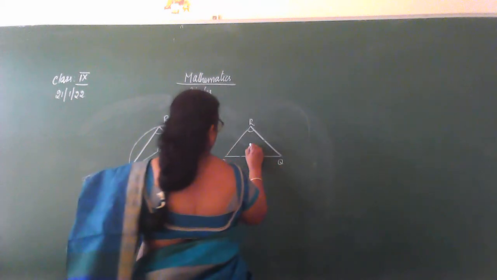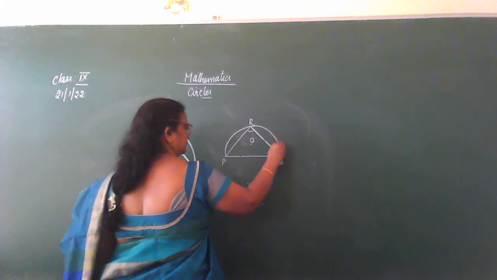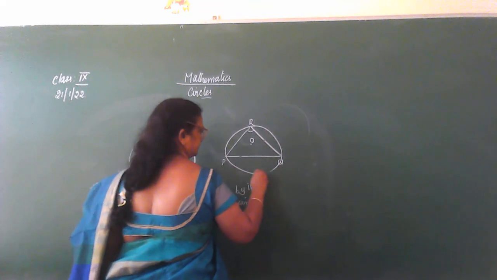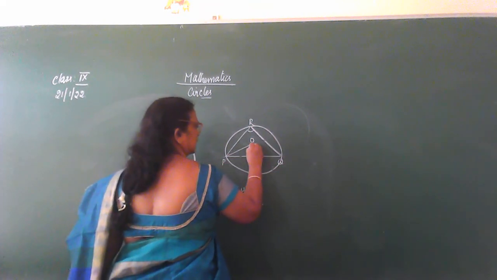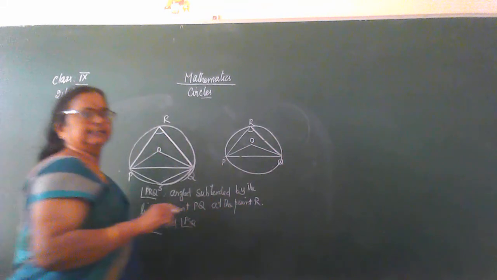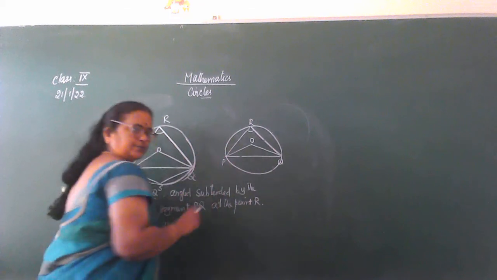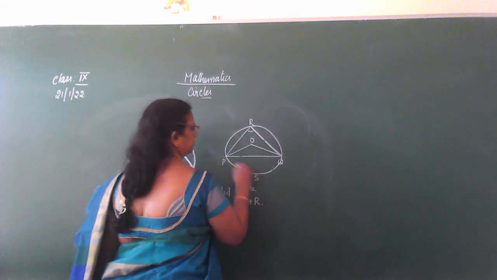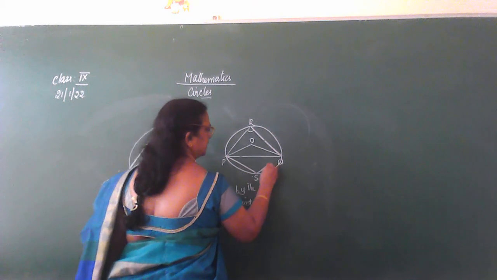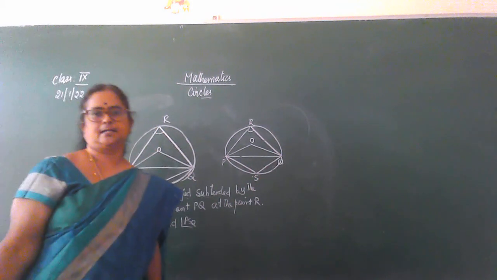Now I have marked a point O, that is the center of the circle. So PRQ is an angle subtended in the major part of the circle, so major arc. And if I consider PSQ, the angle subtended by the line segment PQ at S,